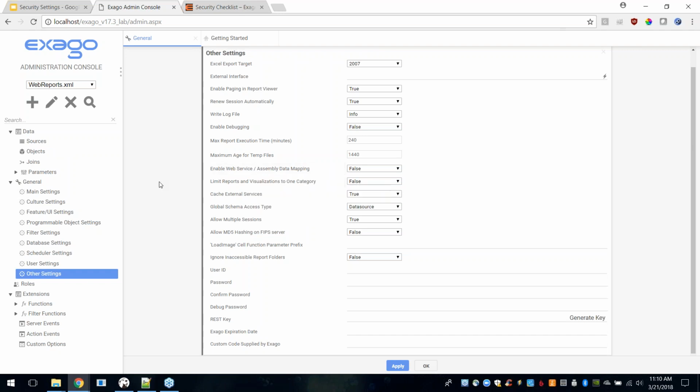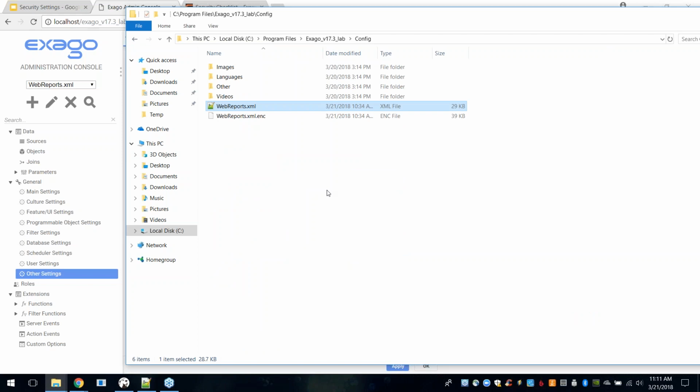Now, again, we just talked a little bit about how we can move just the encrypted copy of that file over, and I did touch on the fact that the admin console doesn't actually need to be exposed in production. So in tandem with saying, just show that encrypted copy in the production environment, so that Exago can use the encrypted version to generate new sessions and do all that, the other thing we'd say is we want to make sure that no user in the production environment can get to an admin console. And so in order to ensure that, I'm going to, again, just navigate back into my